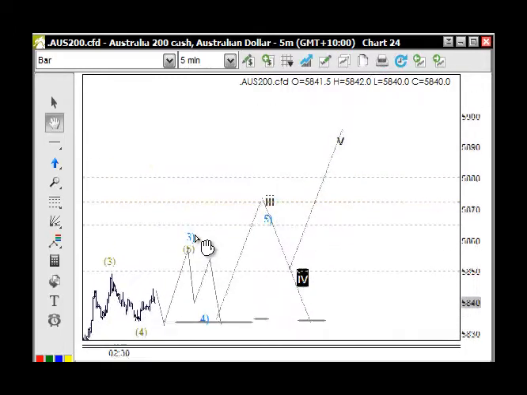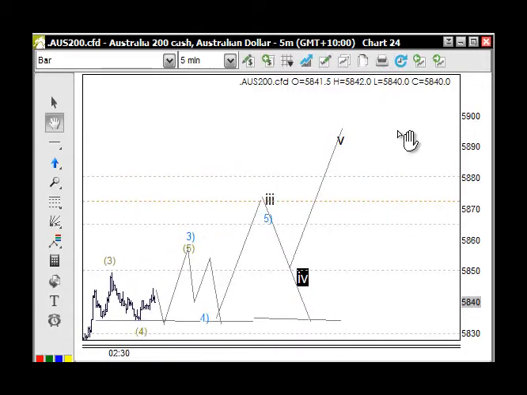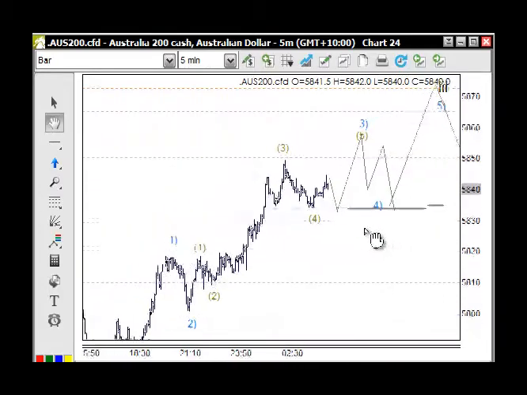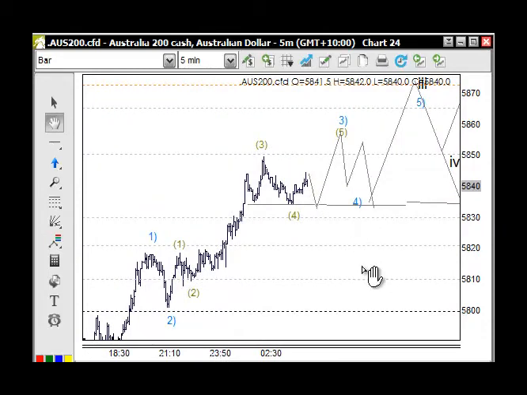So that's what we're looking at here, and that's that. Yeah, so obviously the banks and the material sector are running together, so that makes for a strong ASX 200, and that's the time to trade these sorts of markets, unless you've got a really good scalping course or method to trade indices, then